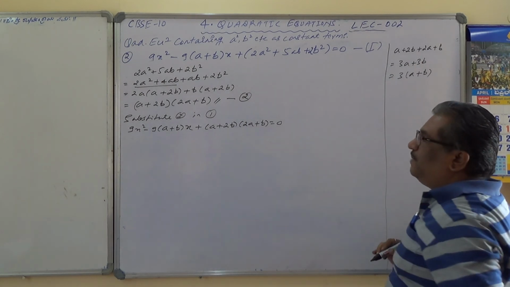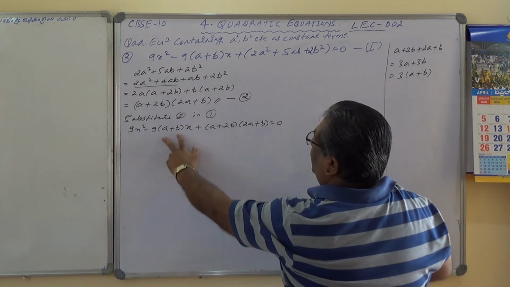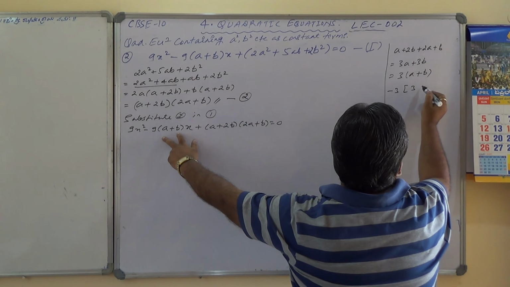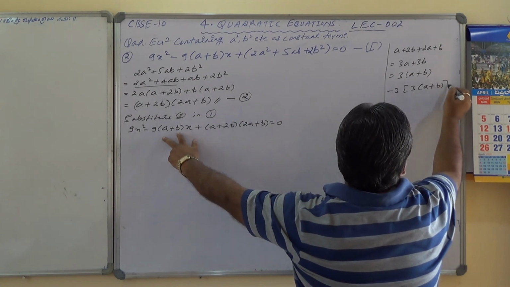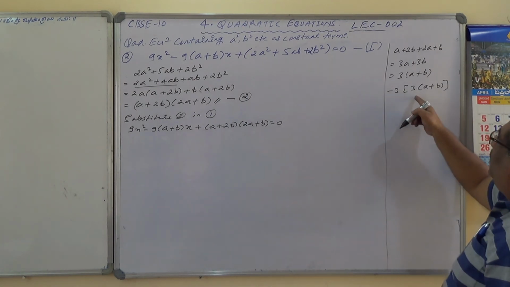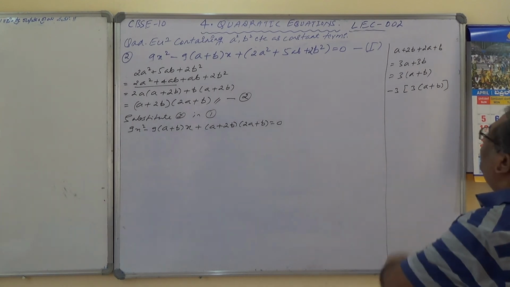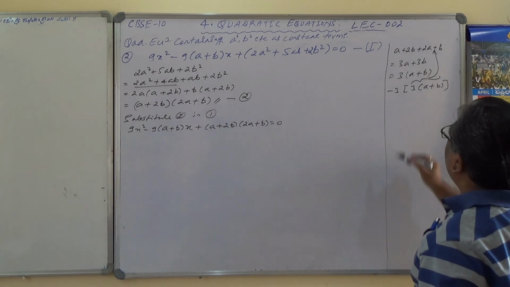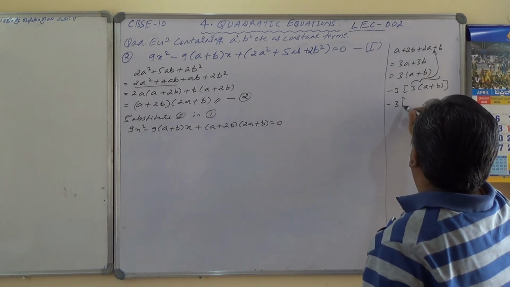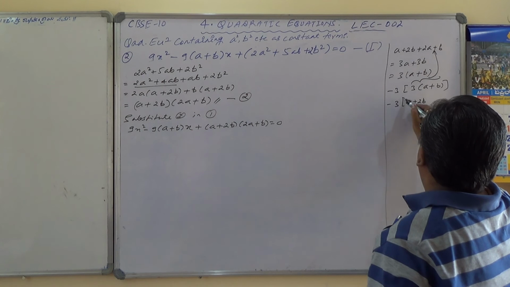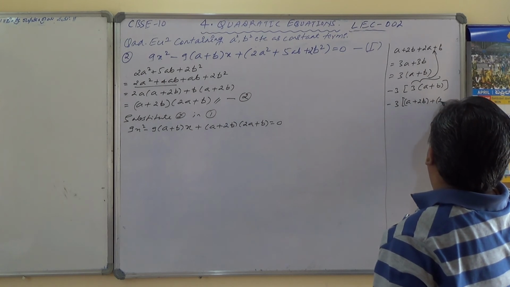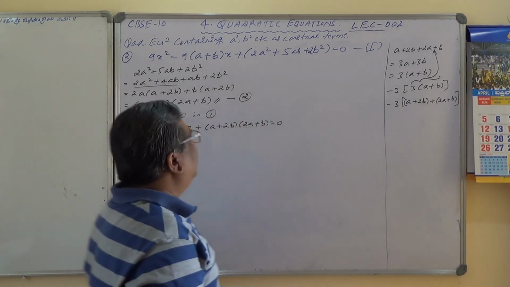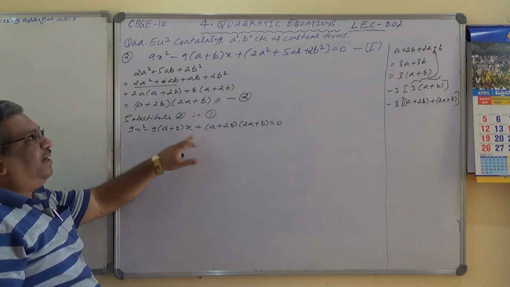But what is the middle term that is required? Minus 9 times a plus b. So multiply this by minus 3 into bracket 3 times a plus b. Is it not? If I multiply it by minus 3, I get minus 9 times a plus b. What is this inside a bracket term? This is nothing but this. Therefore, minus 3 times a plus 2b plus 2a plus b. Is it not? If I simplify this, I will get minus 9 times a plus b x.